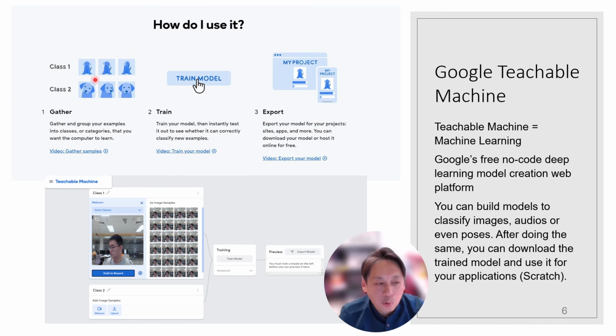For example, I want to identify whether a dog shows the face only or the full body. You just prepare lots of photos of a dog that show the full body, and then lots of photos of a dog's head or face. Then you have the classification. You have label 1 full body, label 2 the head. Put all the data into Google Teachable Machine, then press the training button,